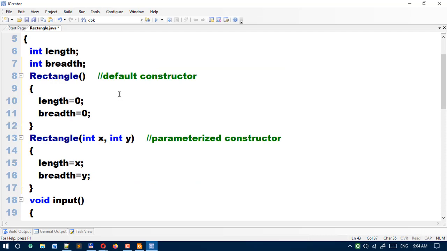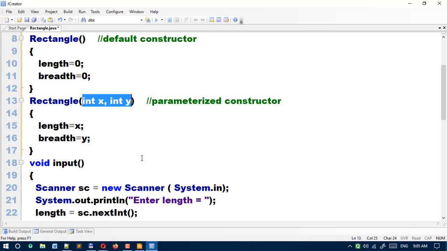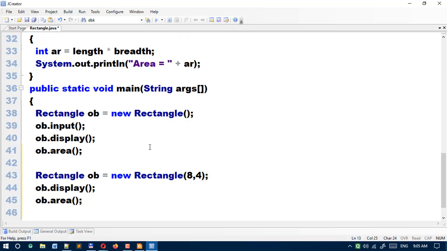Here I have given the example. Two types of constructor are given here. The first one is Rectangle without any parameter. The second constructor has some parameters, that is the parameterized constructor. So let's see how to use these two types of constructor using this example.